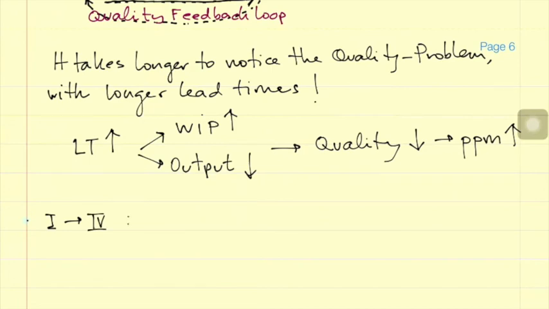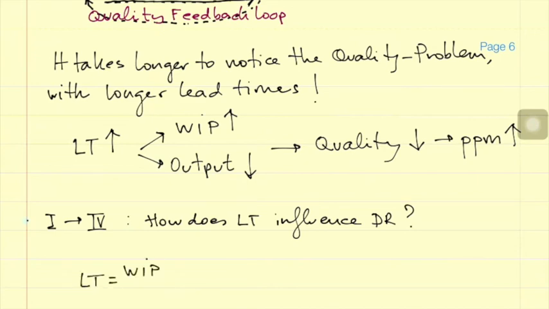Well, how does lead time influence delivery rate? Well, this seems... if lead time equals WIP divided by output, if lead time goes down, it means that the WIP goes down. It means that I can